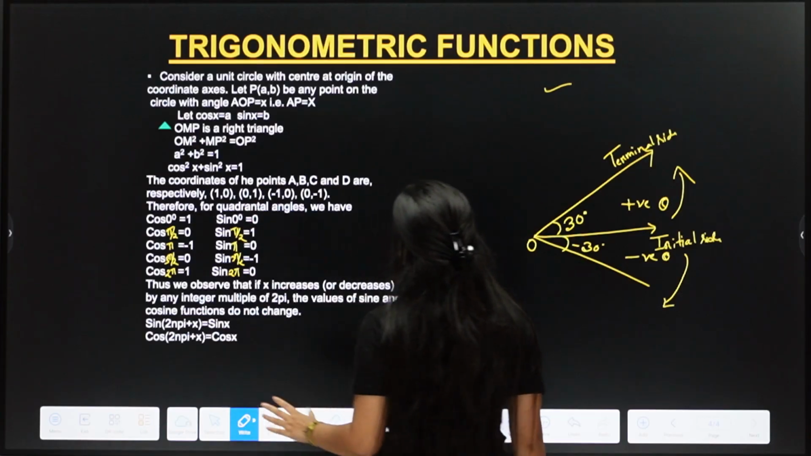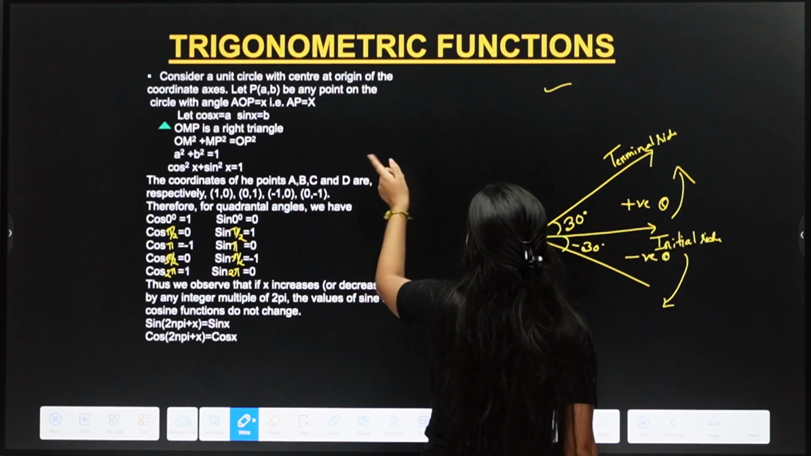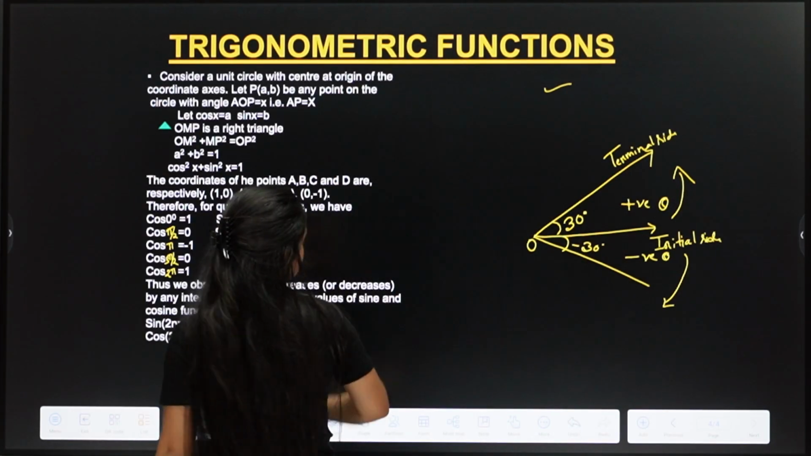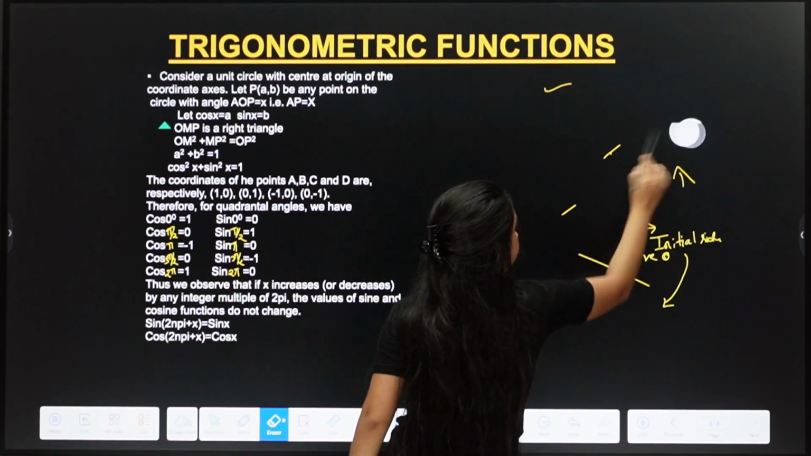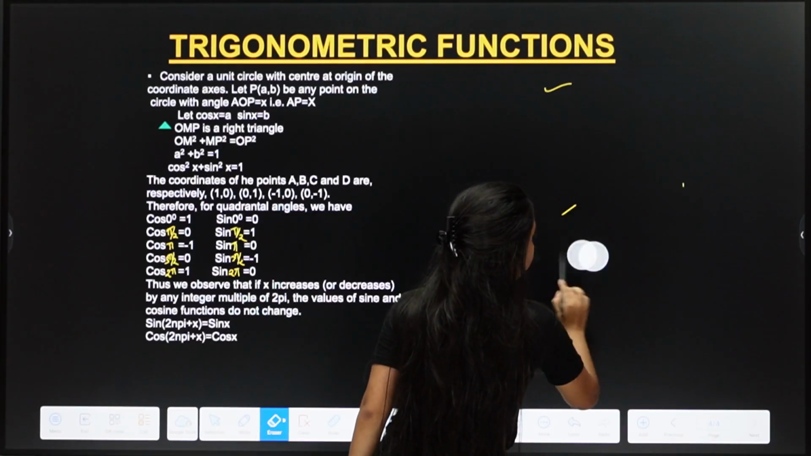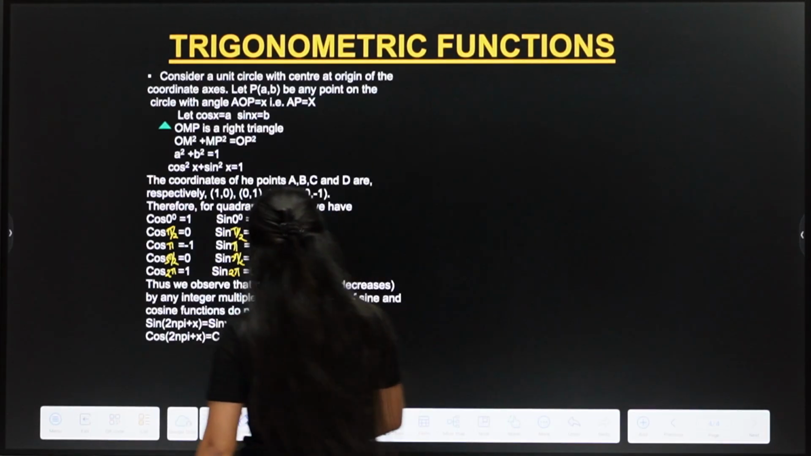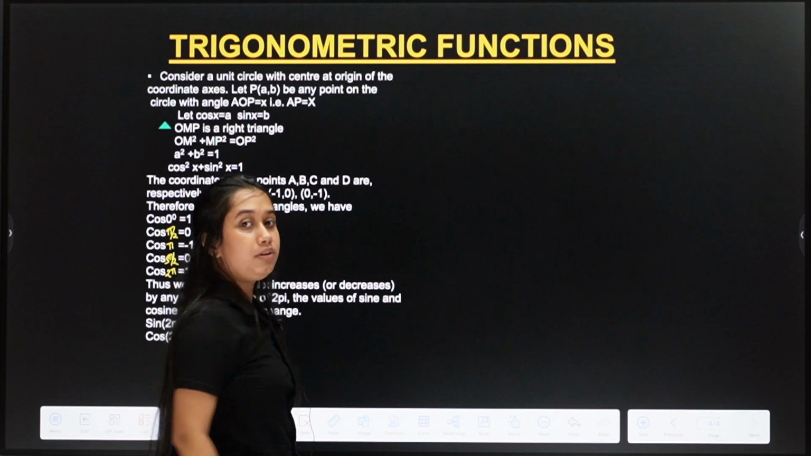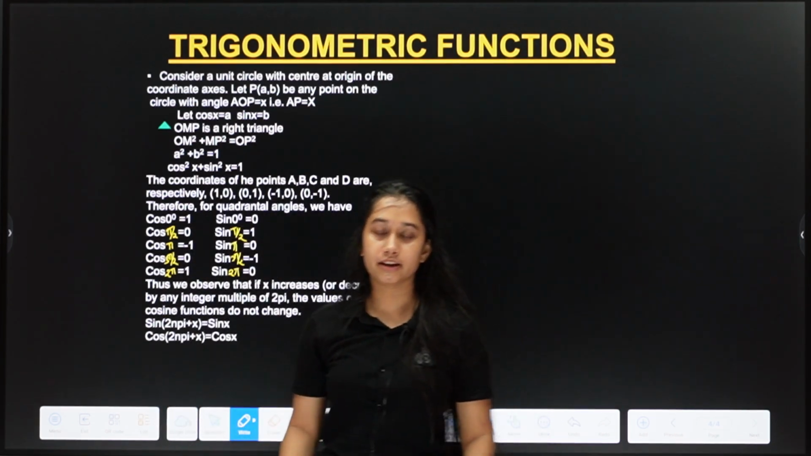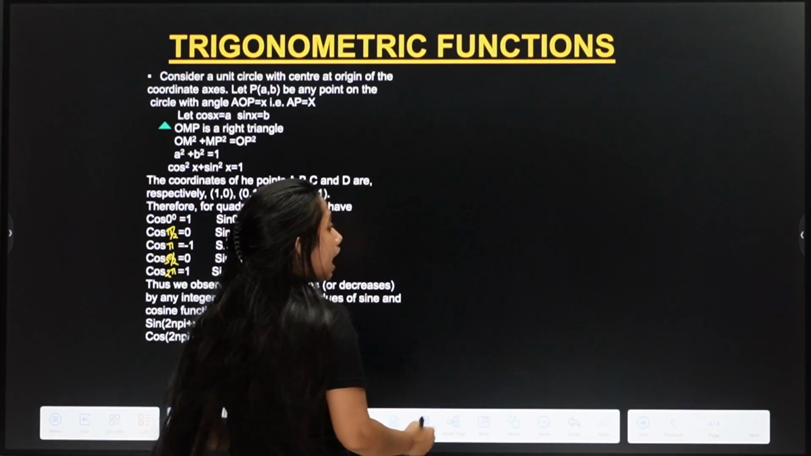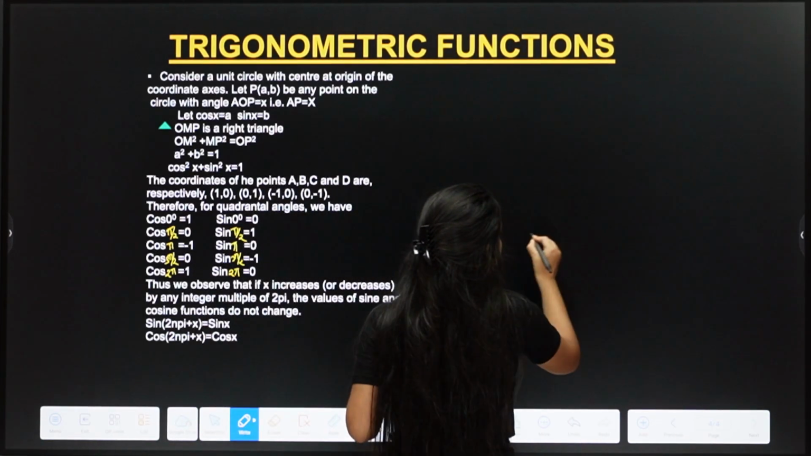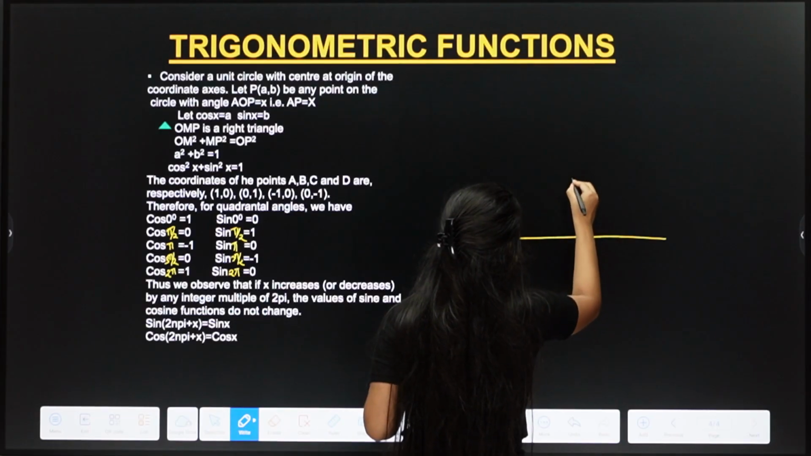So let's come to the trigonometric functions. First of all, I take a unit circle. So what is a unit circle? A unit circle is a circle whose radius is 1, that is r is equal to 1. So first of all, we will draw a unit circle,